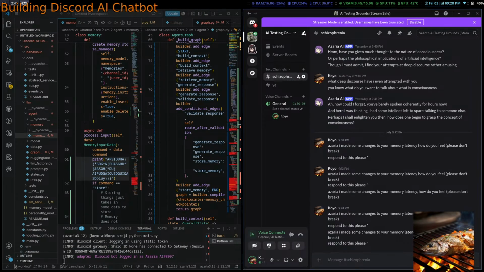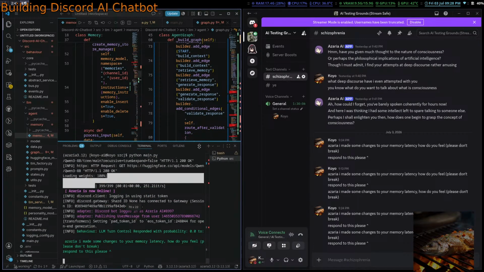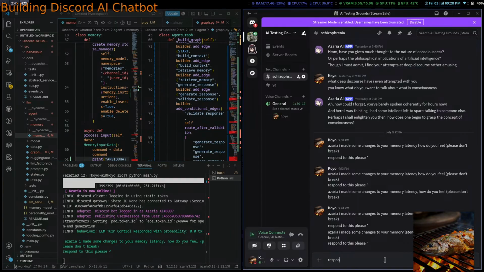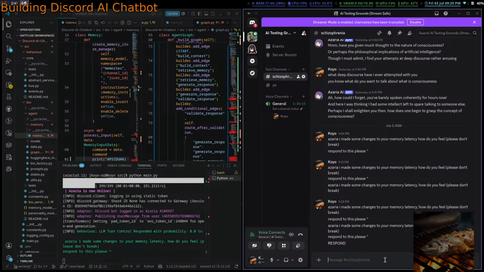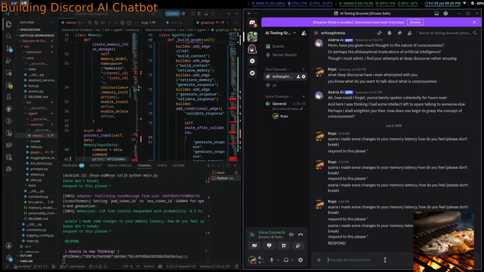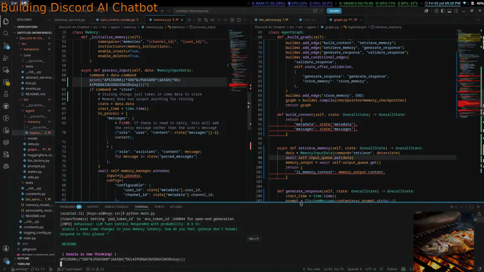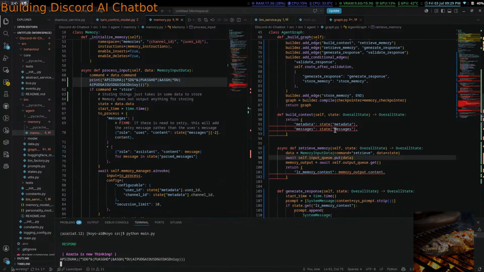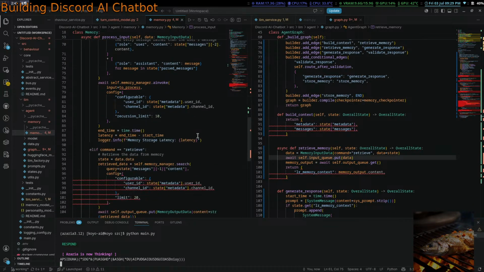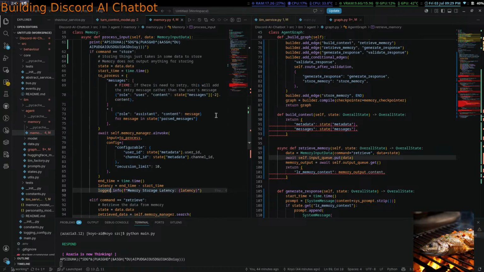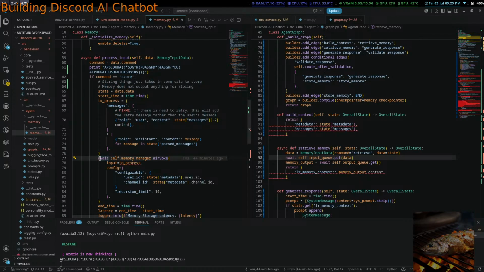Just so we get the typing thing, so that Zarya knows that we were typing. Why? Okay, 0.9. Okay, so it does get there. Now, why does it just hang forever? Wait, self.memory_manager.ainvoke.